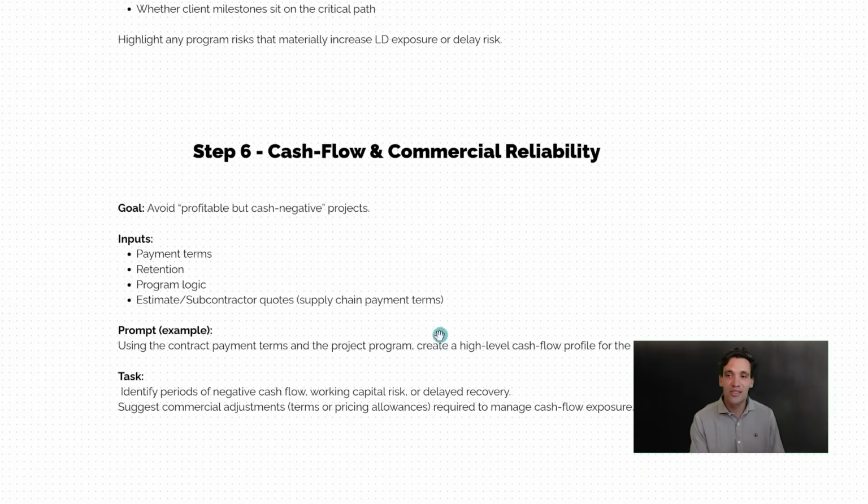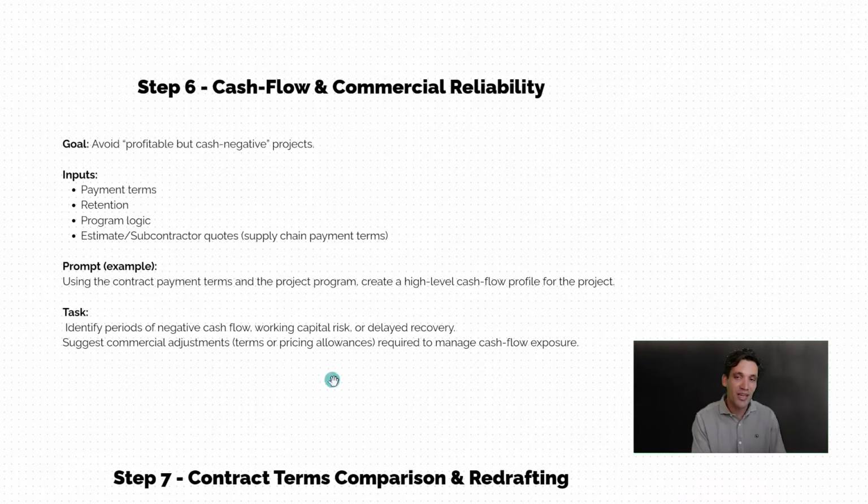Then this next step is to do your cash flow forecasting. So basically look at payment terms in the contract, the schedule, so the program duration and your estimate, and get it to prepare the cash flow forecast. Make sure to provide it anything like how frequently you pay labor, what your payment terms on materials are. You can actually get it to prepare a relatively good cash flow forecast so you can see whether you're going to be cash positive or cash negative.